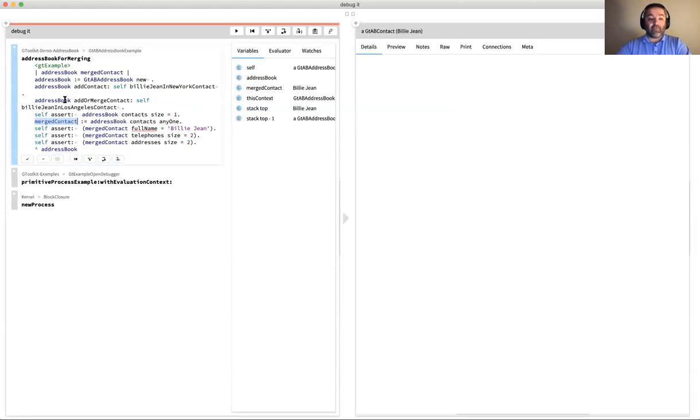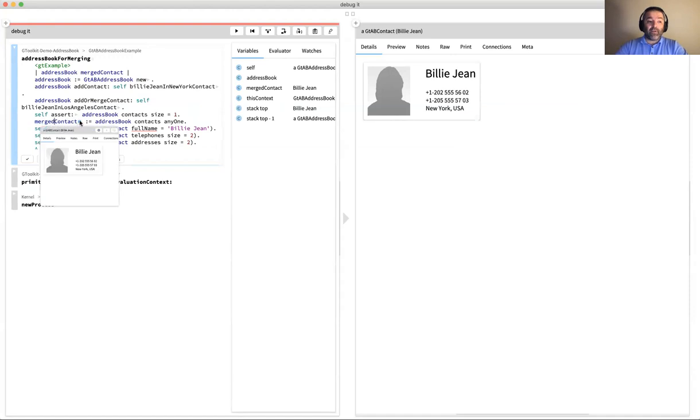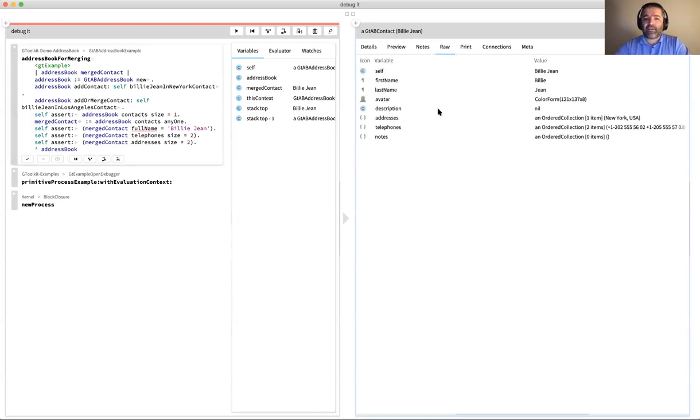We can just inspect that one. And notice how, because we're in the debugger now, when I pressed Command G to inspect this merge contact, I can see it on the right. So, okay, I can see here apparently that these 2 numbers appear, but there's only 1 address. If I look here at the raw,